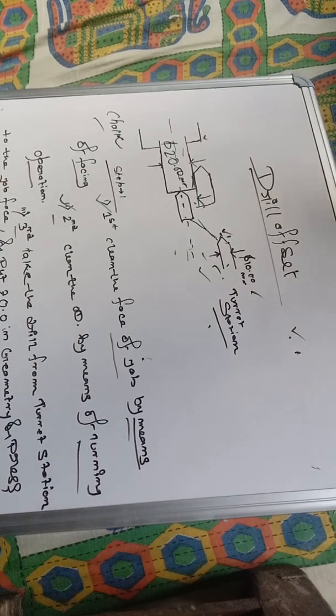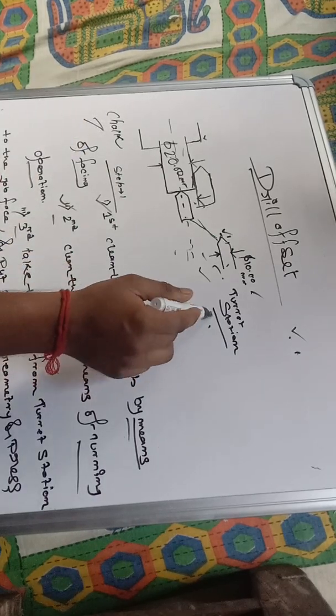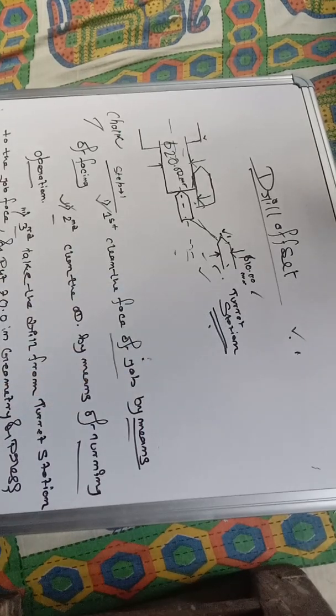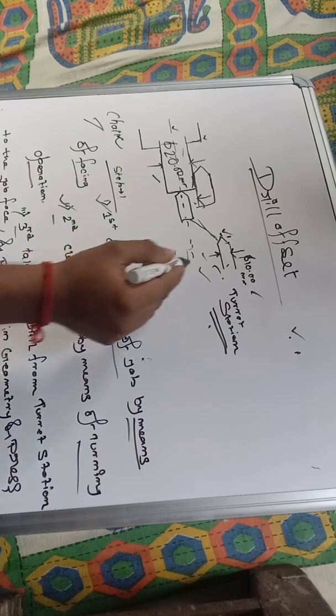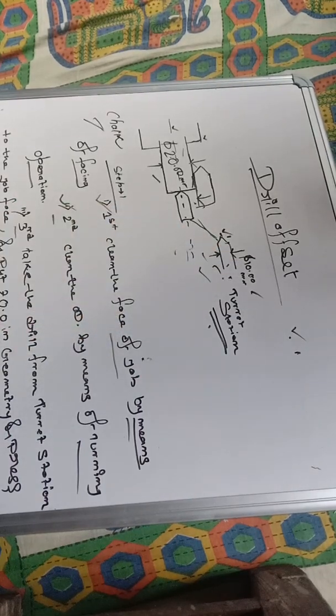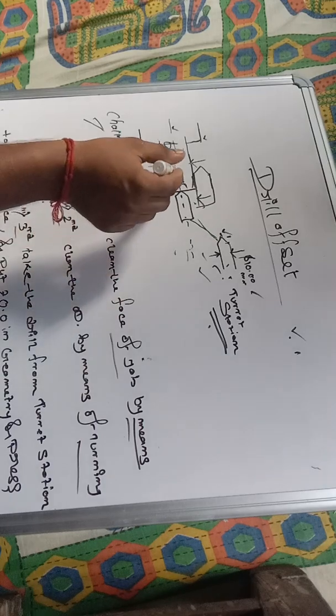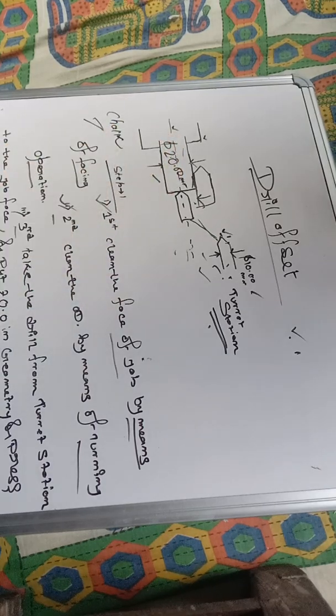So you have to imagine a CNC machine, and there is a chuck, and there is a tool station. The station consists of 8 blocks, or 7 blocks, depending on its nature. Suppose there is a job of 20 diameter clamped on a chuck, and there is a drill of 10, and we have to drill on the 20 diameter job. Then what will you do? We have to take offset. So today I will discuss the offset techniques.